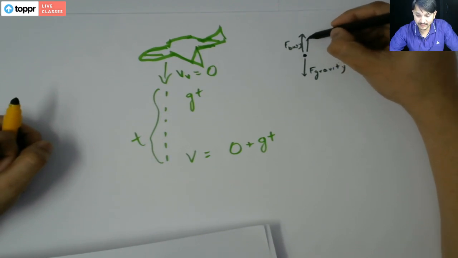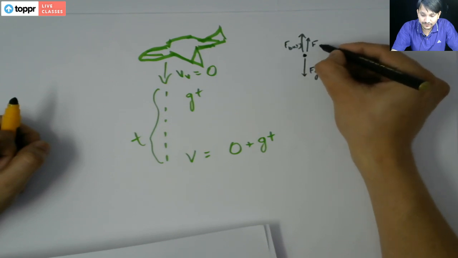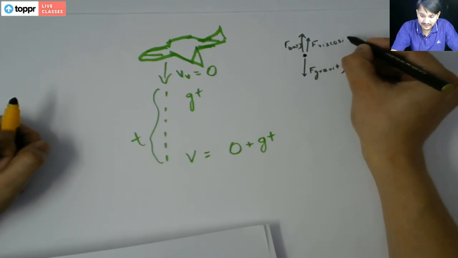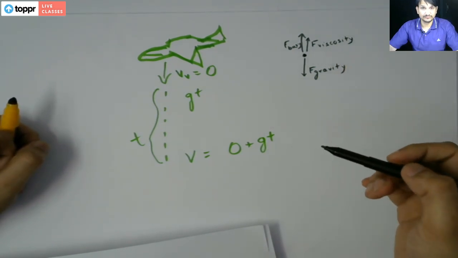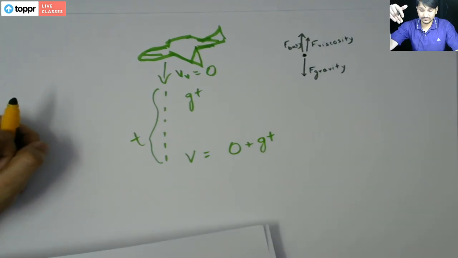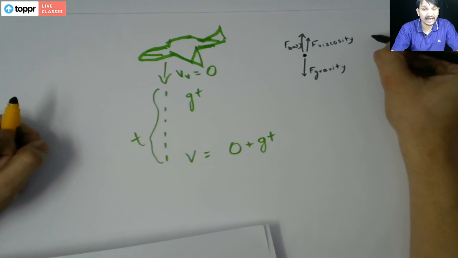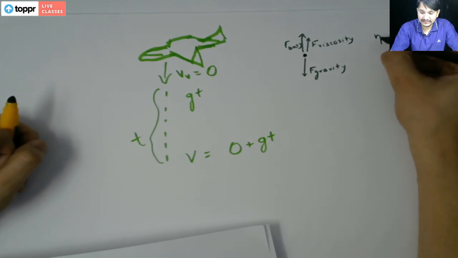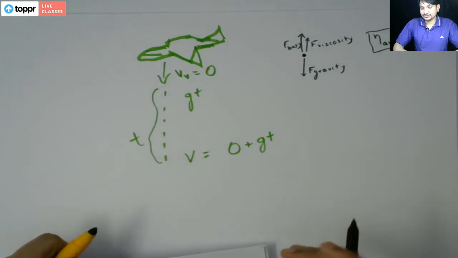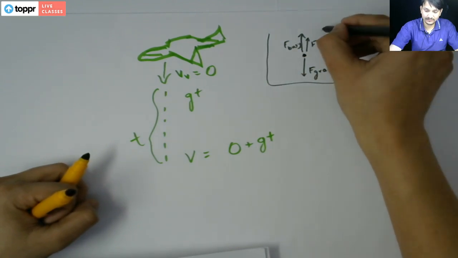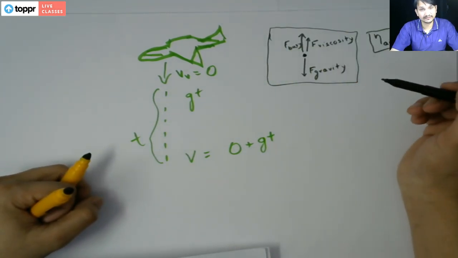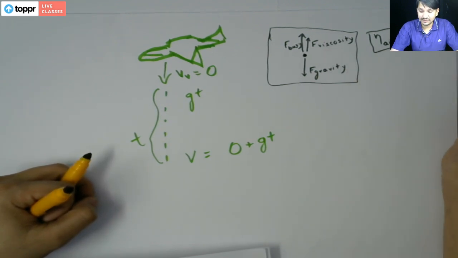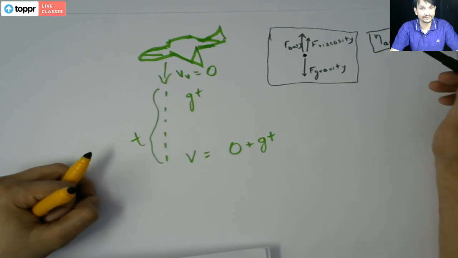Another force, which is a variable force, is force of viscosity. And why this? Because that person who had jumped from the plane is moving through the air with some speed, and air has some kind of viscosity in it. And you can say this coefficient of viscosity we are taking is eta subscript air. Using this information, first the free body diagram of that fallen person or fallen object, and the coefficient of viscosity of air, we'll find